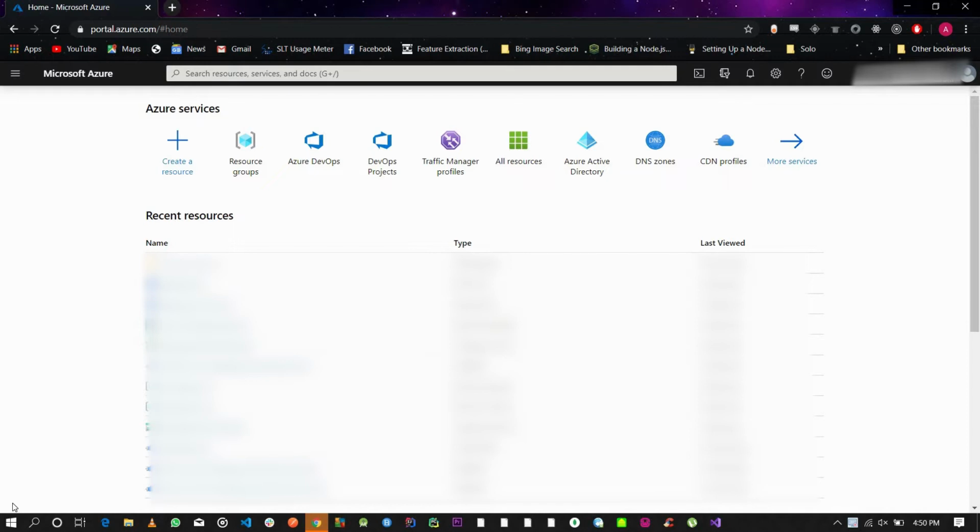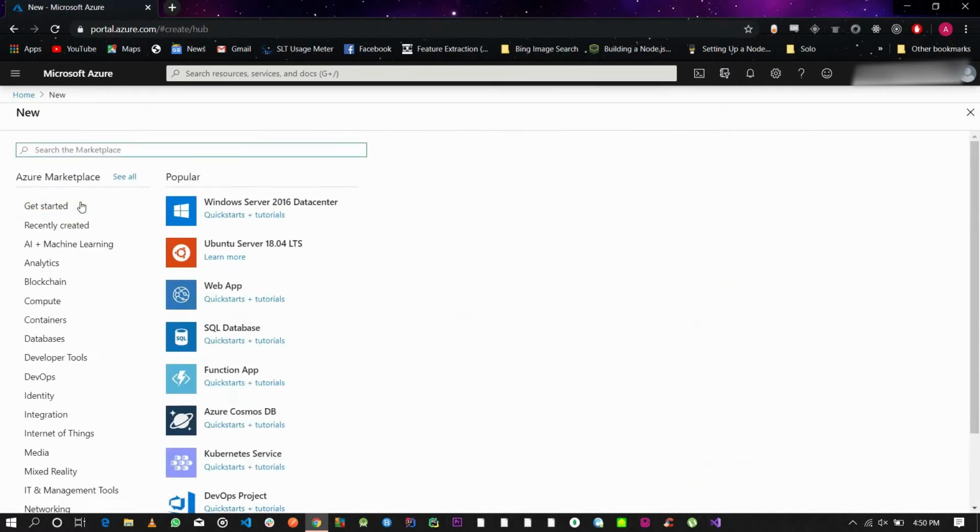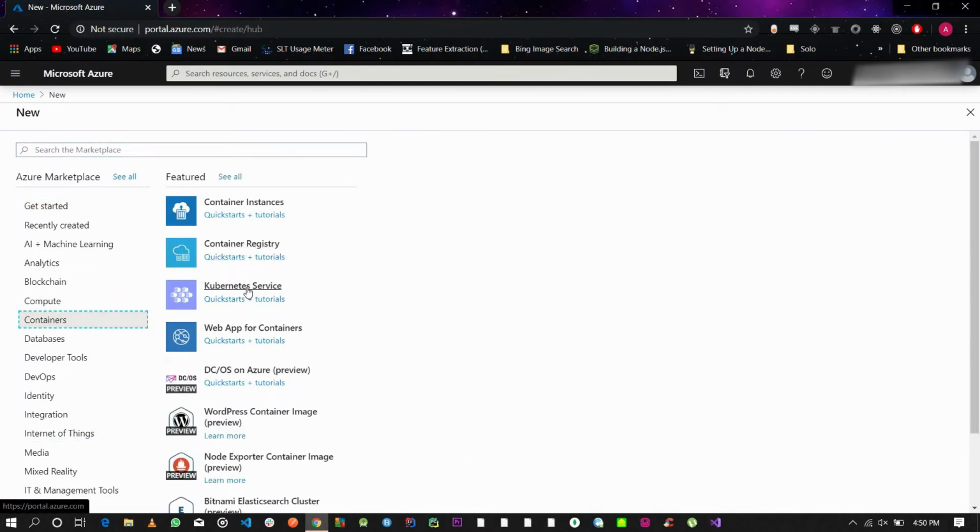Right, so the only thing you need right now is your Azure account. So make sure you've logged into your Azure account, and go log into the Azure portal, portal.azure.com. And the first thing you need to do is create a resource. So click on create a resource and select containers, and inside containers select Kubernetes service. So we're going to be creating an AKS service, right? So click on that,